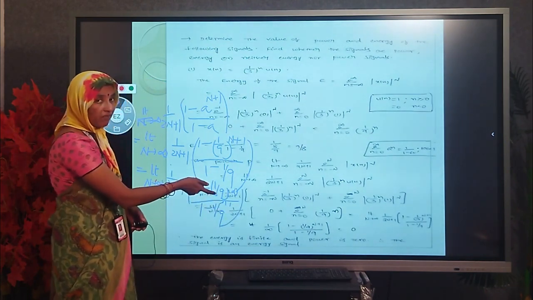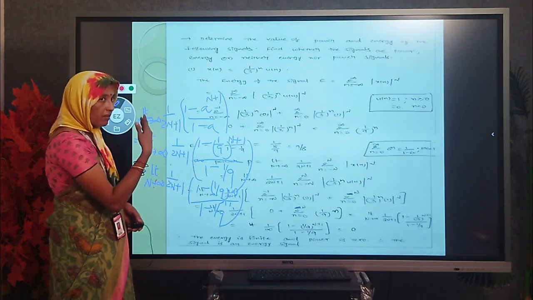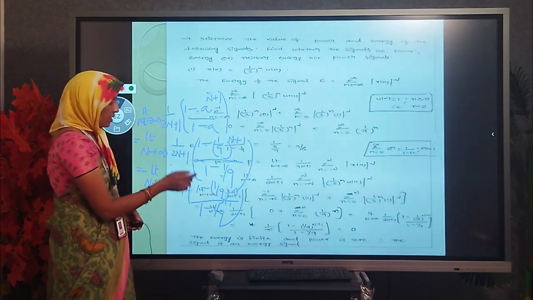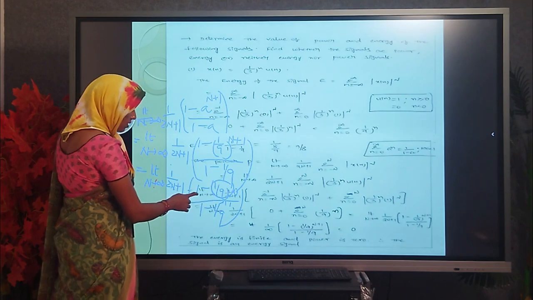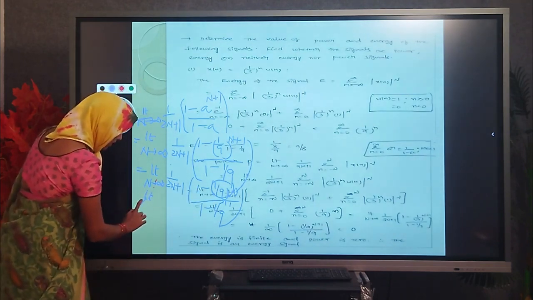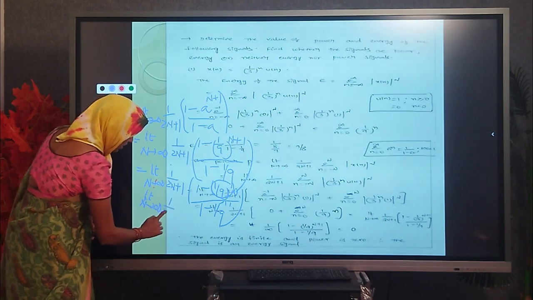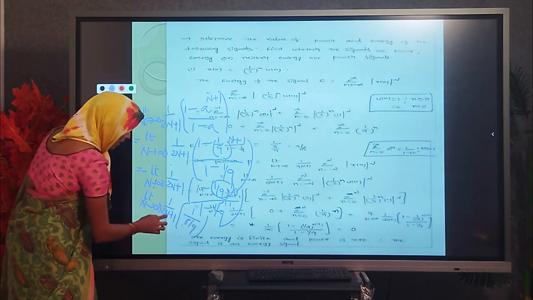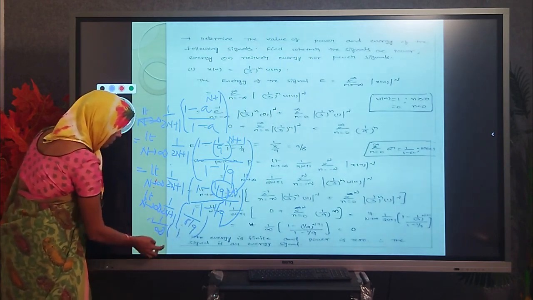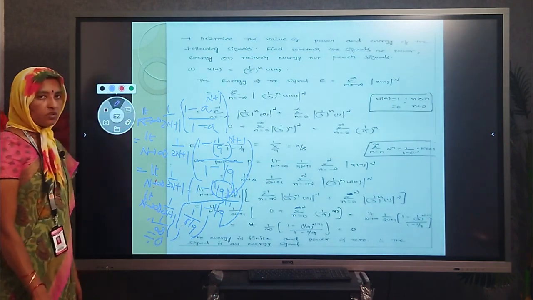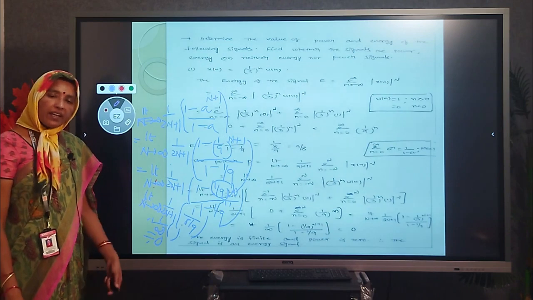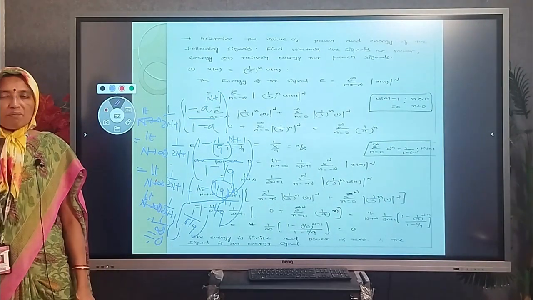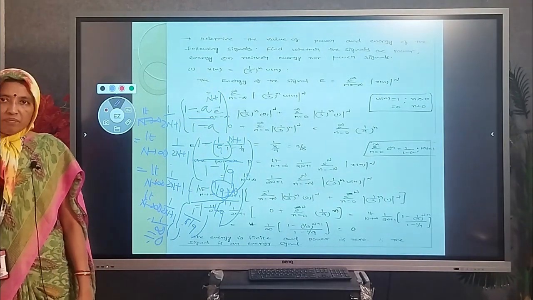1 by 9 power infinity means 9 power minus infinity. Something power minus infinity is 0, for example 3 power minus infinity is 0. So this value becomes 0 and this is 1. So the term 1 by 1 minus 1 by 9 is 9 by 8, and as n tends to infinity, 1 by infinity into something is simply 0. So here power is 0 and energy is finite. So the signal is an energy signal. In that manner, we have to check whether the given signal is an energy signal, a power signal, or neither energy nor a power signal.